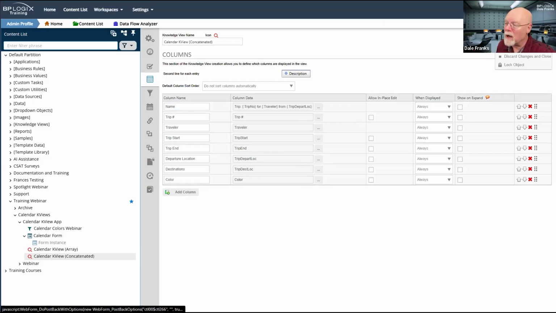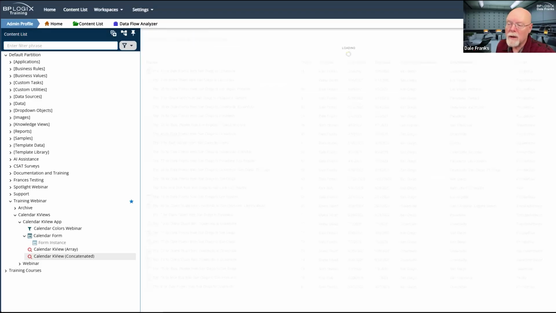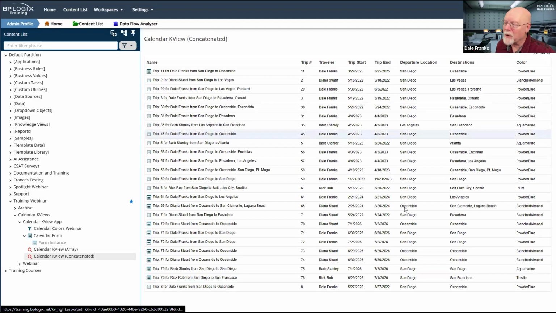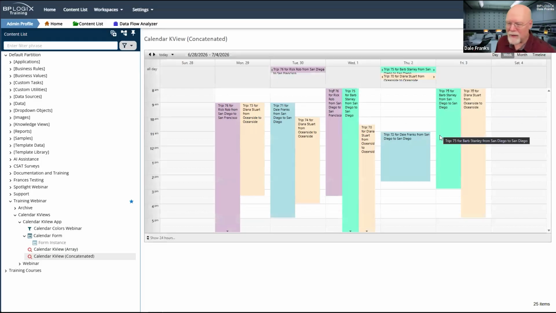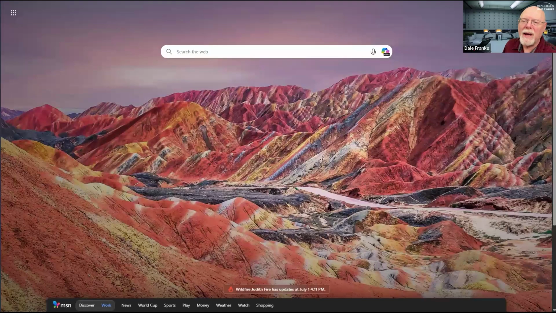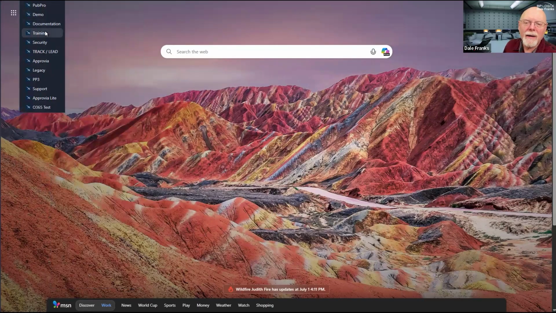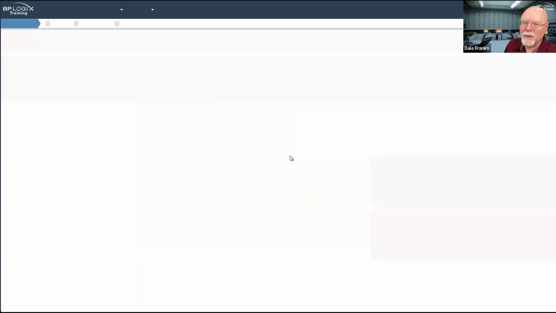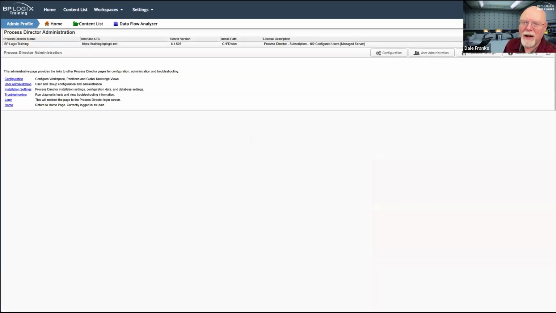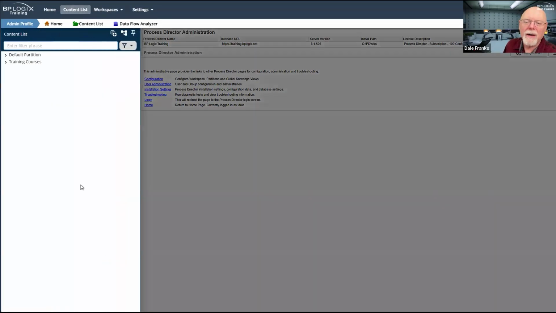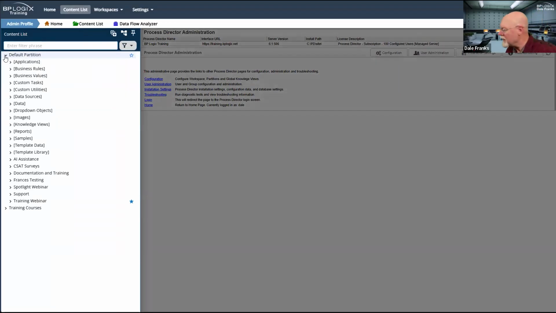So when I run this knowledge view, and we look at the calendar of it, since currently both of them are displaying, and you know what? I think I do want to display these side by side. So let me add another row here and let me go to training. We'll be able to see both, if not side by side, at least close together. So go to content list. Since it looks like we're doing really good on time. Looks like I'm going to have to make something from scratch after all.